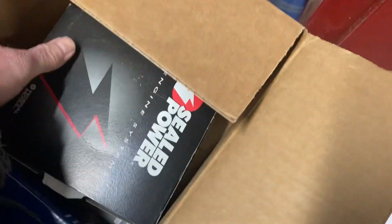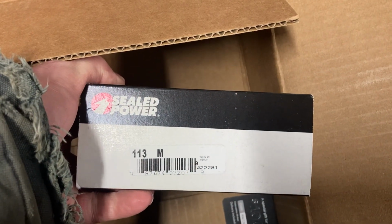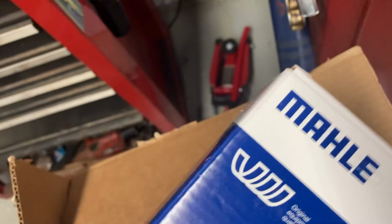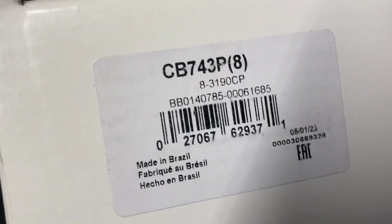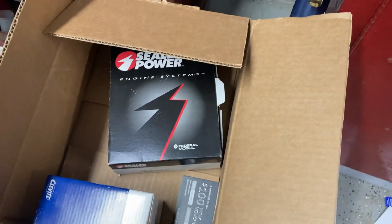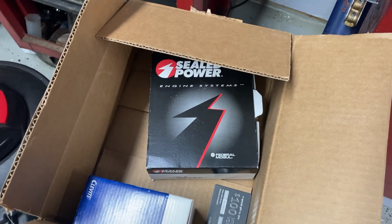And then over here, I got Sealed Power main bearings. I used to use these a lot with the Clevite. These were a good bearing back in the day. One thing I did notice, where is it on the box? They're made in Brazil. They weren't made in Brazil last time I used these. Or the global economy. But I think they'll be a good fit for the engine. It's going to be balanced,